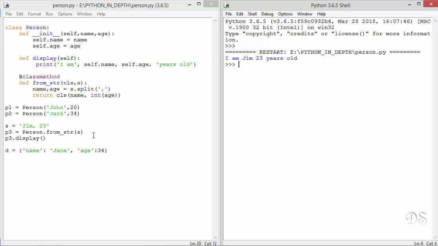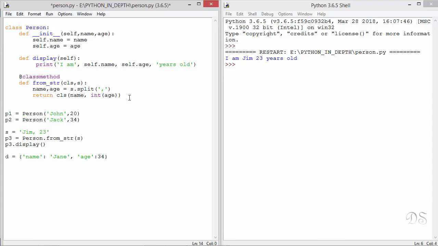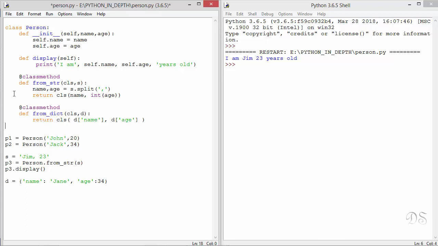Similarly, we can make a class method to create a Person object from this type of dictionary which has name and age as keys. So let's create another class method here. So here we are sending the values of the dictionary as argument to this Person class initializer. So both these methods are calling the same init method.